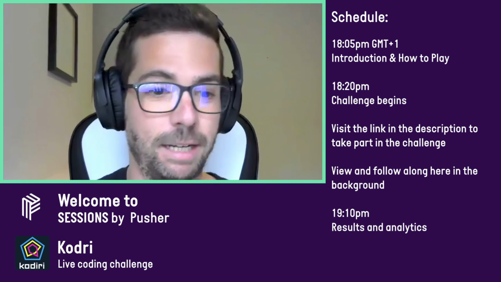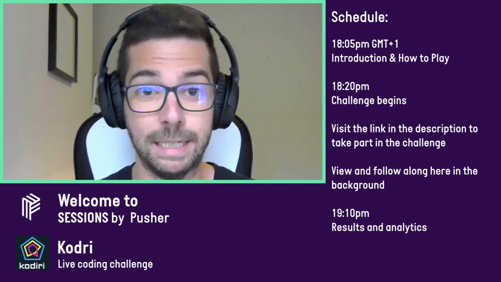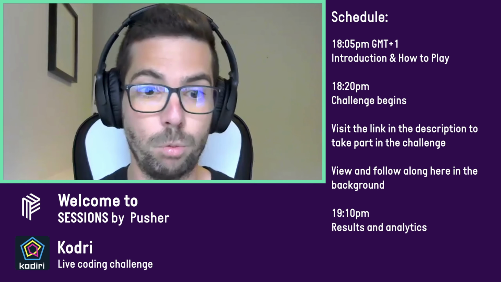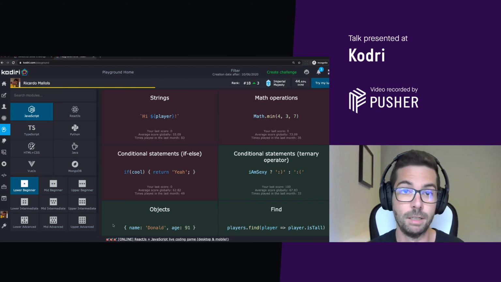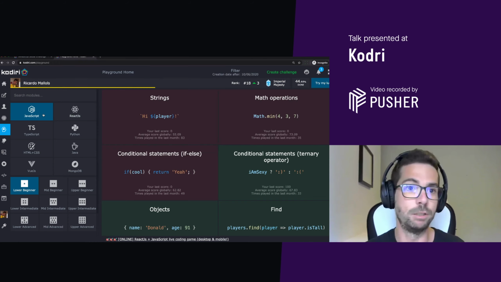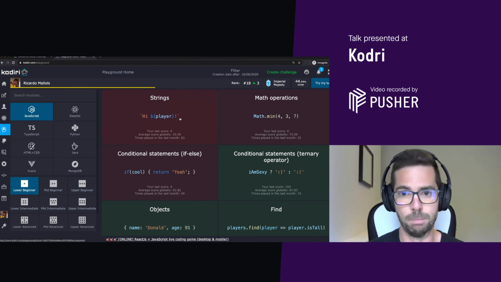We essentially run an online platform where you can practice your coding skills for free. I would like to show you a bit of the platform before we start with the actual activity. What you can see at the moment is the dashboard, the homepage of Kodri. Here we present you a bunch of options. You select between a range of languages, technologies, frameworks, libraries, and so on. Once you pick your favorite language and the difficulty level from beginner to expert, you can play with some modules.